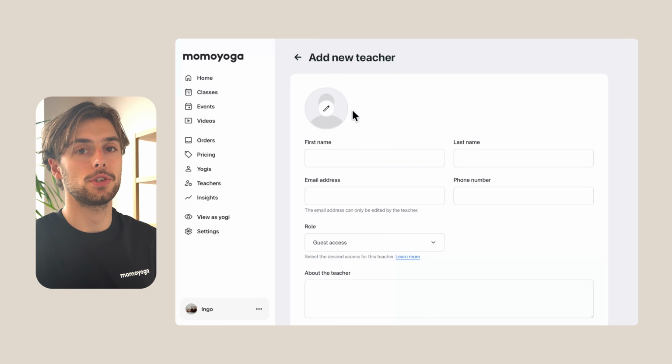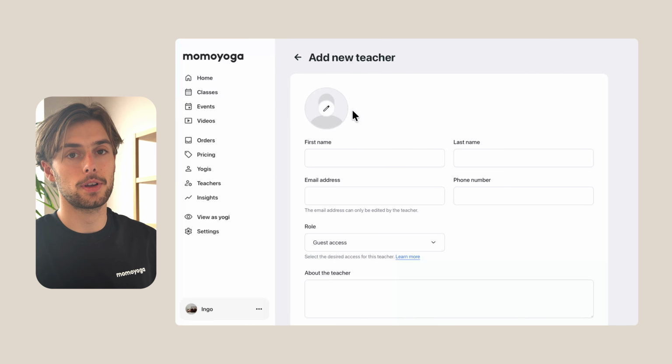because your yogis are able to see this profile when they want to book a class which is hosted by this specific teacher. And if we go a little bit down, this is one of the most important parts of setting